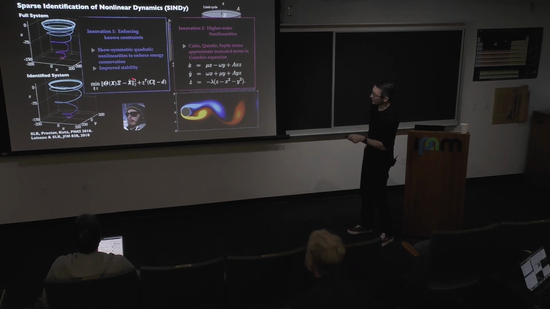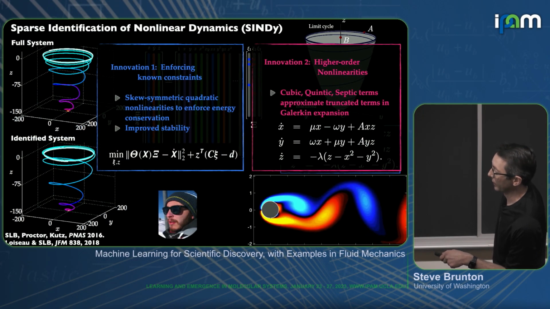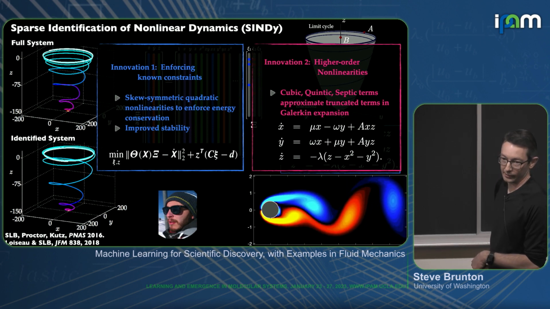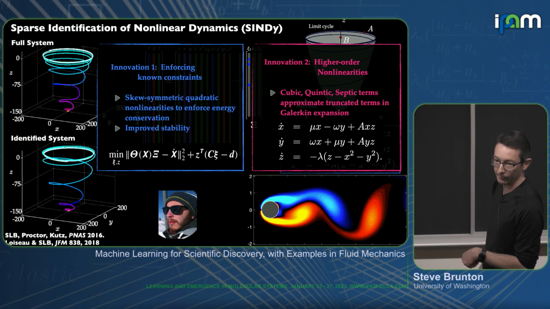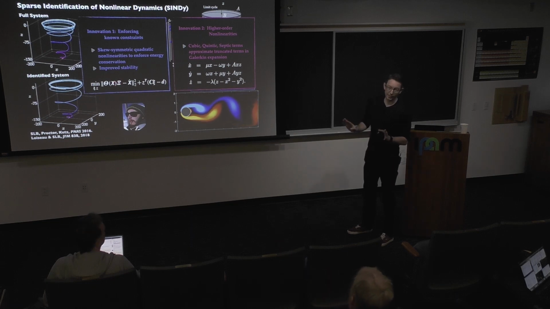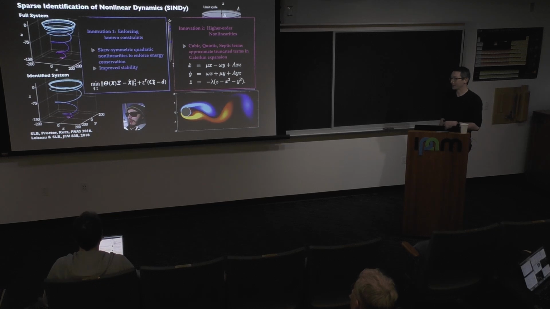Yeah, so the left-hand side is trying to get a good model fit. So we're optimizing essentially over Xi to get a good model fit. And then I guess you can think of these as Lagrange multipliers to satisfy this set of constraint equations, C times Xi equals D. Oh, you mean this? The small Xi is related, sorry, to the columns of the big Xi. Oh, yeah, sorry about that. Good catch. The notation's a little messy because we're dealing with systems of ordinary differential equations, so we have a little Xi for every equation, which stack into a big C.